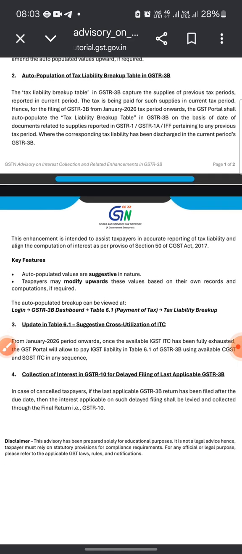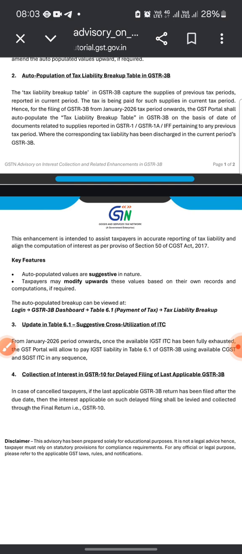Auto-population of the tax liability breakup table in GSTR 3B. The tax liability breakup table in GSTR 3B captures the supplies of previous tax periods reported in the current period, and tax is being paid for the supplies in the current tax period. Hence, for filing GSTR 3B from the Jan 26 tax period onwards, the GST portal shall auto-populate the tax liability breakup table in GSTR 3B on the basis of the date of documents related to supply reported in GSTR 1, GSTR 1A, IFF